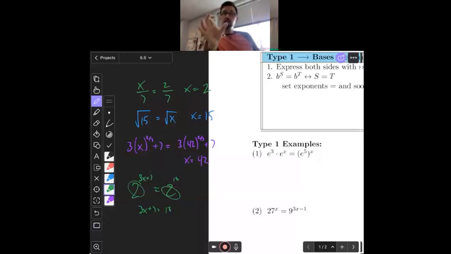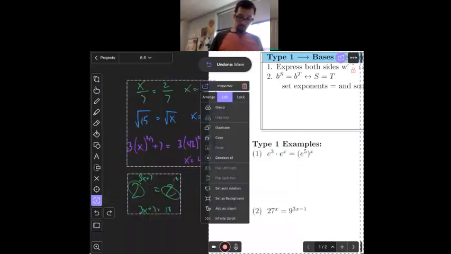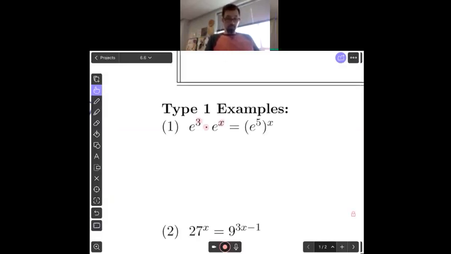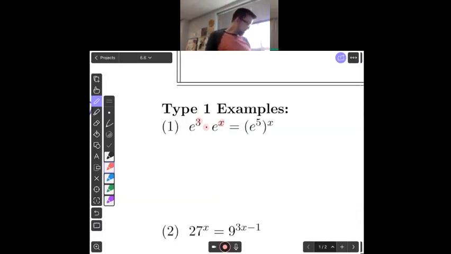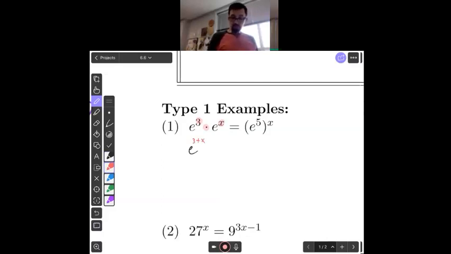And so that's what we're looking at here on this first example. We see all those e's down there. Now there's a little bit of simplifying we need to do here because we have too much stuff going on, so we need to do some combining. How do I deal with powers that are multiplying? What happens to these exponents when we multiply powers? Katie, what happens to those exponents? The exponents add. So we'd end up with e to the 3 plus x, equals,